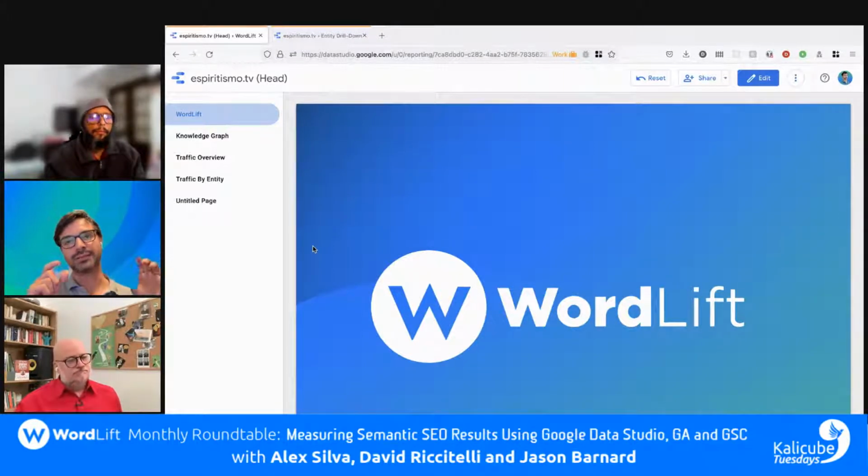Because entities are published on URLs on web pages, and because the Google Search Console data has the landing page, which is the URL where you have the impressions and the traffic coming in on your site, then we can connect this information, and we can show how the entities relate to traffic and what their